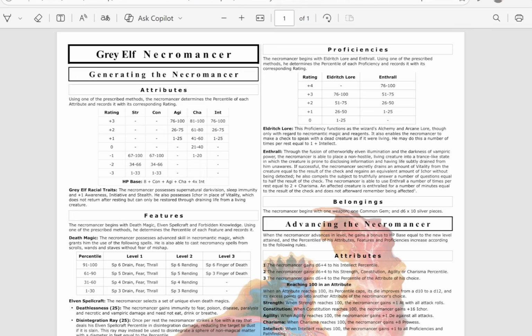Number of times for rest equal to 1 plus intellect. So again, the ability to speak with the dead. Again, he's crossing forbidden boundaries, and he can talk with dead things. Creepy, but useful. Enthrall: through the fusion of otherworldly elven illumination and the darkness of vampiric power, the necromancer is